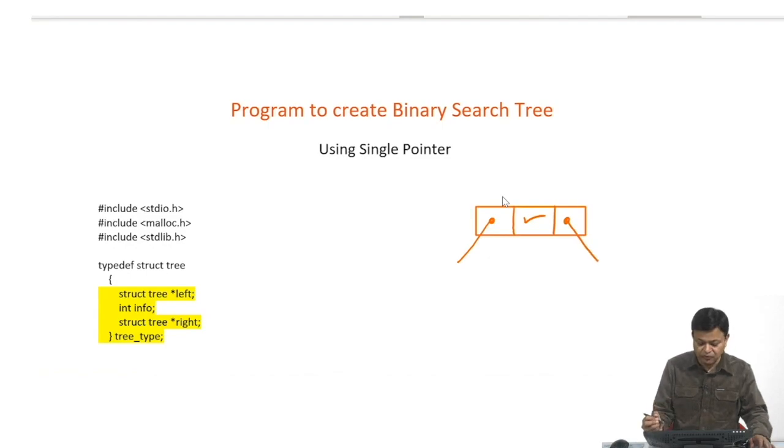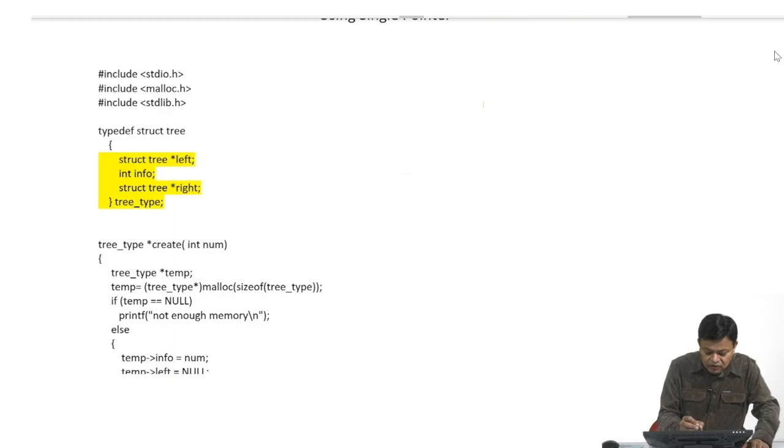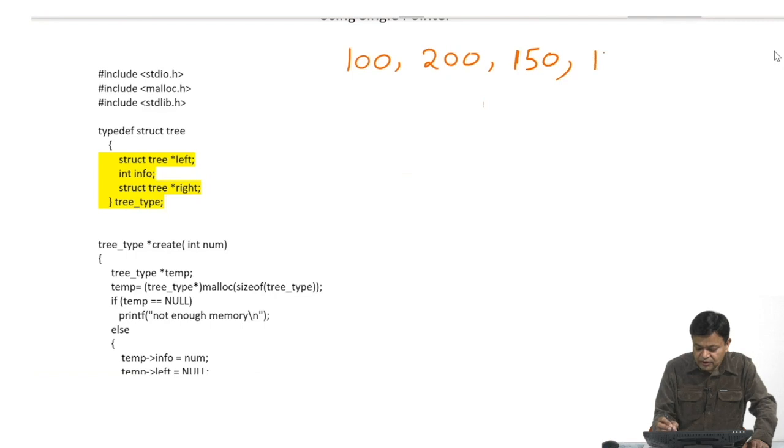Now, let us take some numbers and see how our algorithm works, so that we can write a program. The numbers are 100, 200, 150, 175. First of all, initially my tree is empty.